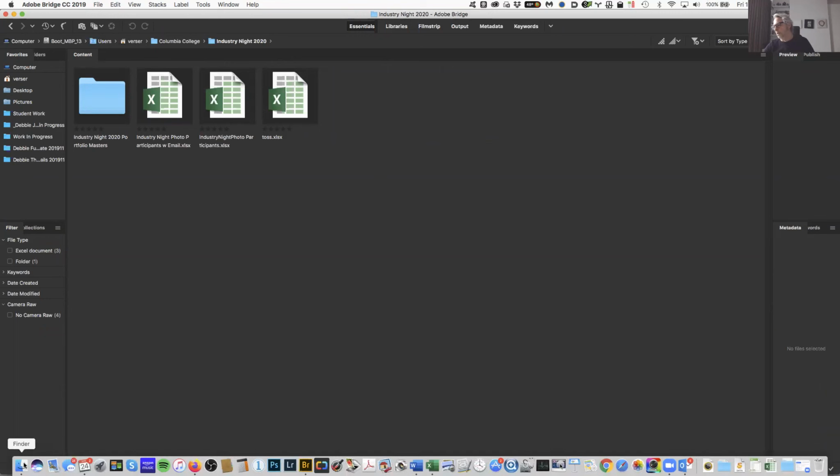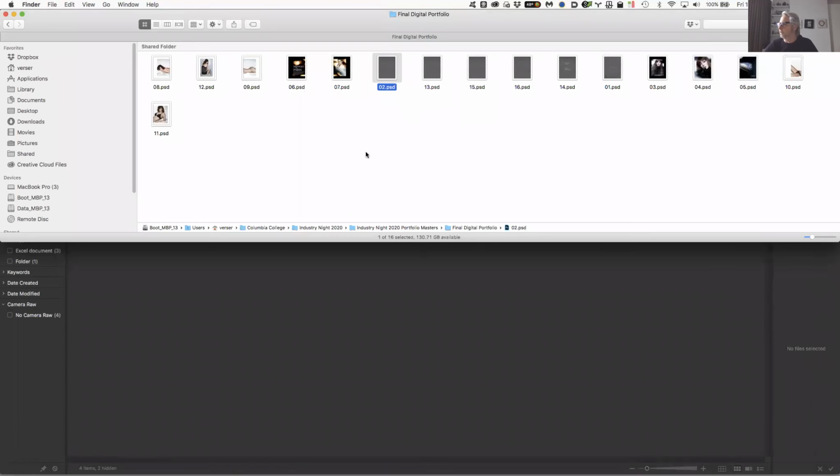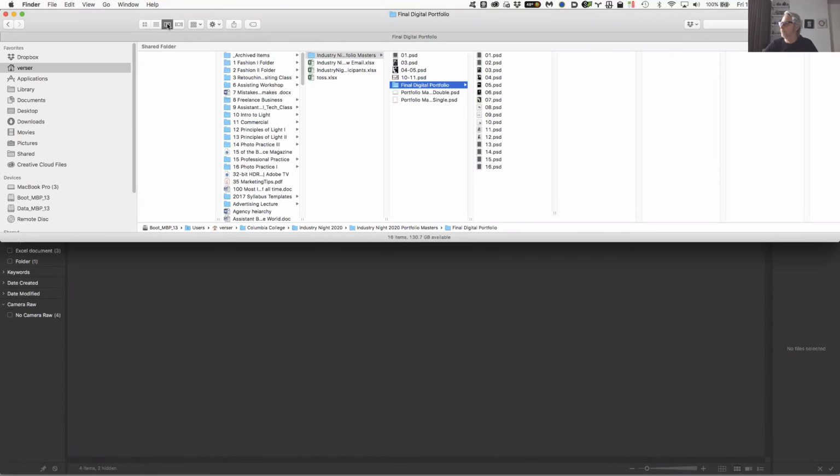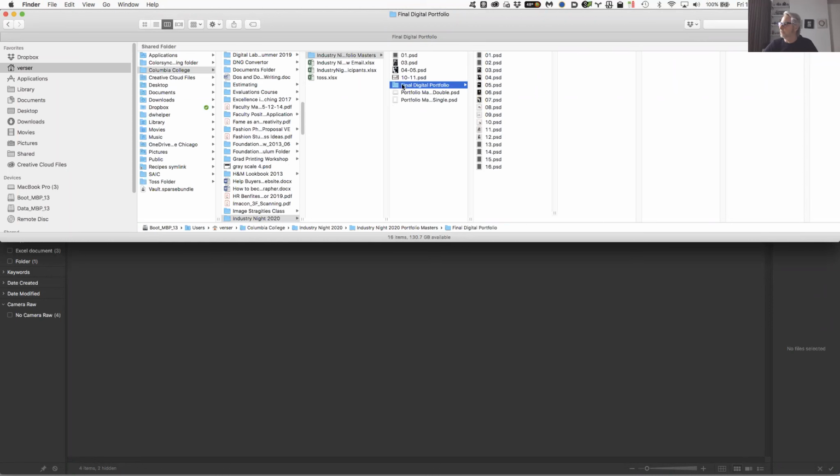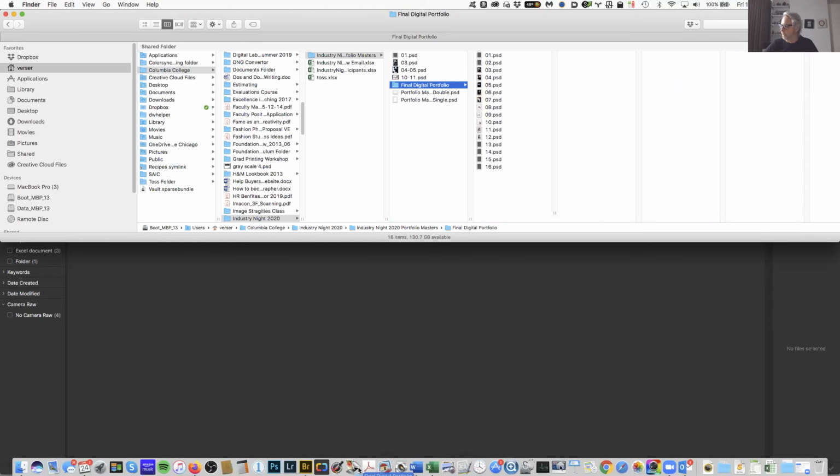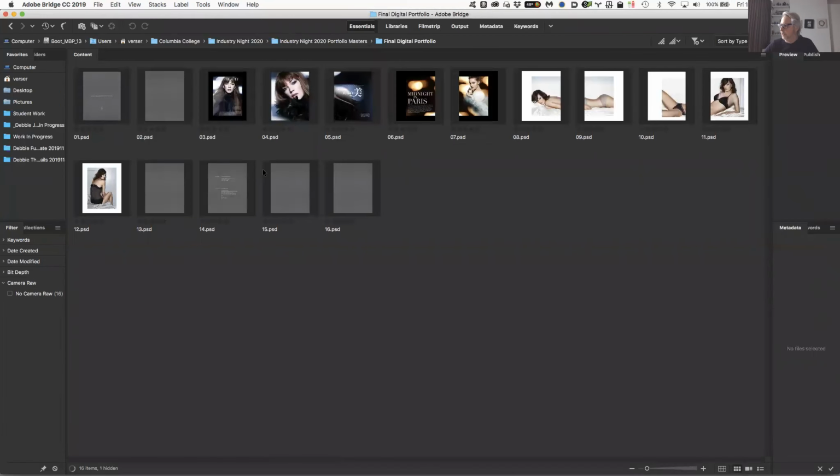Sorry. I'll go out to my Finder and find where this is really quickly. It's in my final digital portfolio images right here. I'm simply going to drag that on top of Bridge. And you can see this is my layout right now. I've got my cover, I've got the inside page, I've then got the opening image, the spread that I made